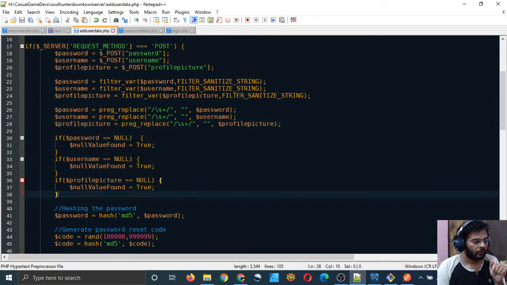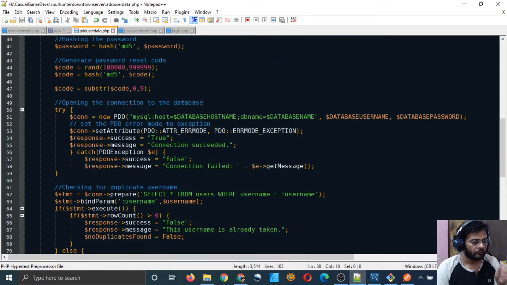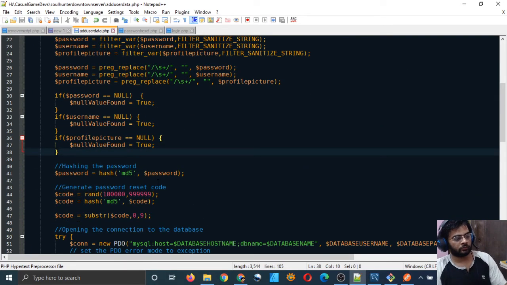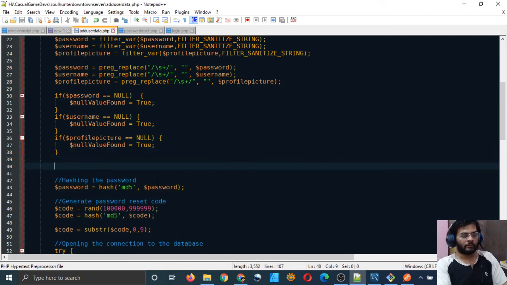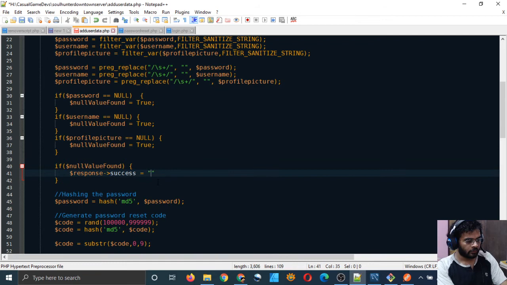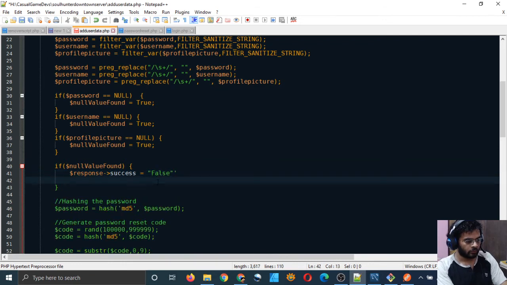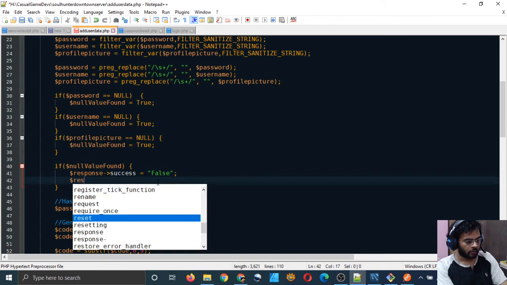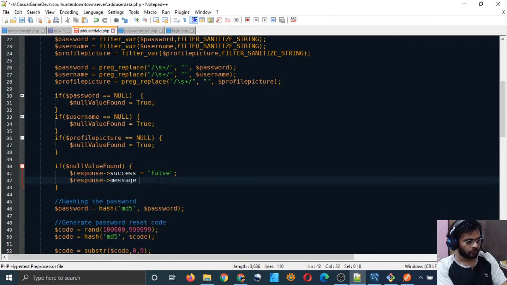So if null value is found, we will not do all this. We simply tell the user null value found, please try again, please enter some other value. That's it. So if our variable null value found is true, then we'll put in our response success is equal to false, and the message should be null values are not allowed.